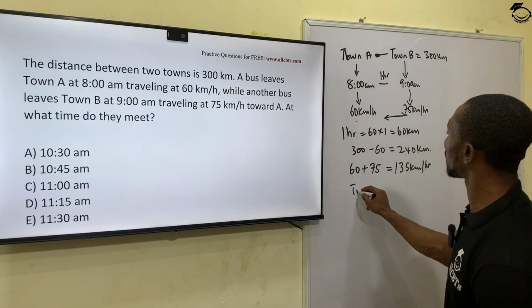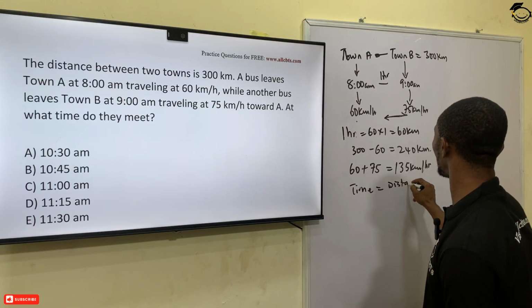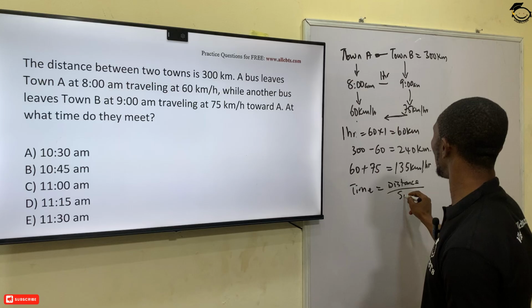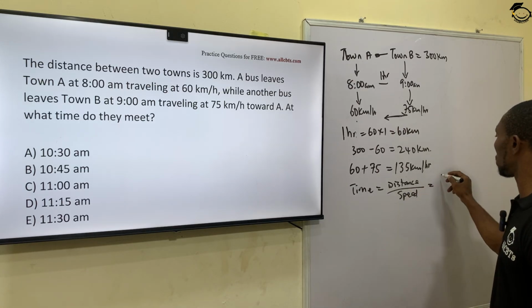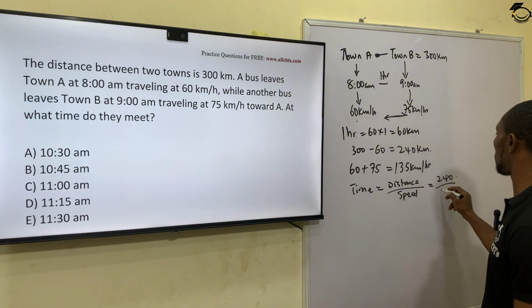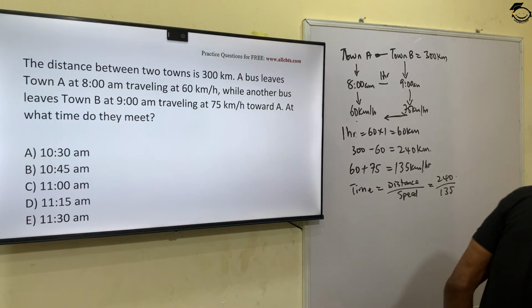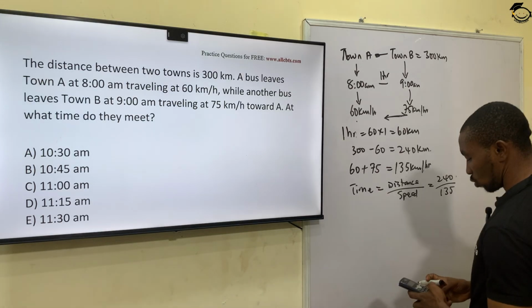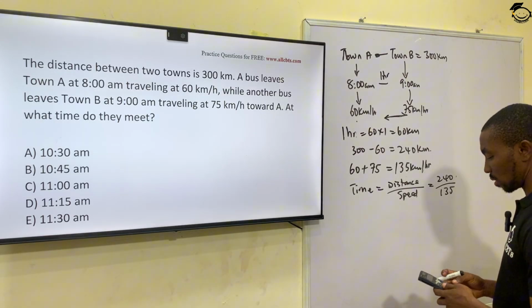So for us to find time, we have it as distance over speed. Now, the total distance will be 240 over the speed, which is 135. 240 divided by 135 gives us